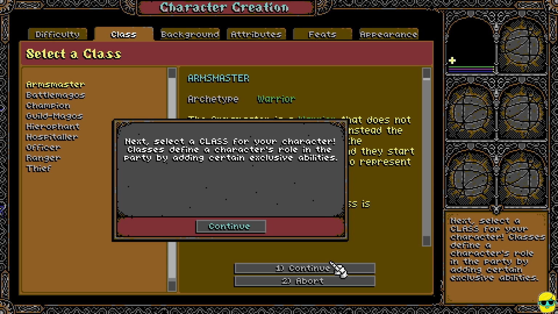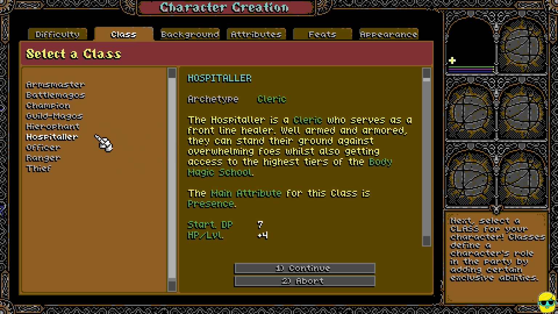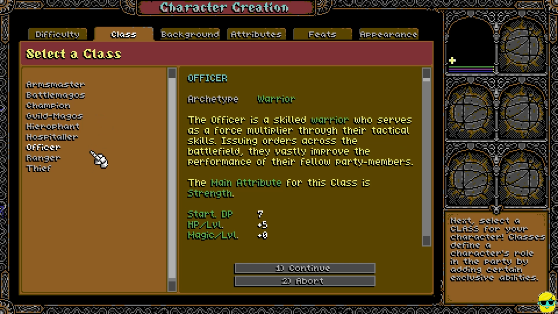Next, select a class for your character. Classes define a character's role in the party by adding certain exclusive abilities, okay? So it looks like you can have 6 people in your party, as I see over here on the frame. And I could be an arms master, the Hierophant, Hospitaller, Guild Magos, Officer,